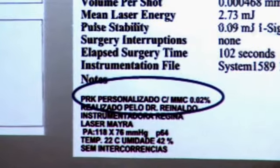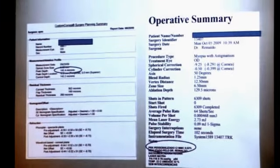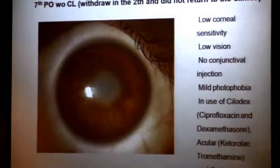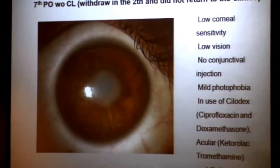Why did we do the PRK? Because there was not enough cornea to do the LASIK itself. Wouldn't it be better to do nothing? Maybe, but there comes the surgery. And on the 7th day post-operative, without contact lenses, that withdrew by themselves on the second day, and the patient did not return to clinic. There was haze in the center of the cornea, low corneal sensitivity, low vision, without conjunctival injection, mild photophobia,